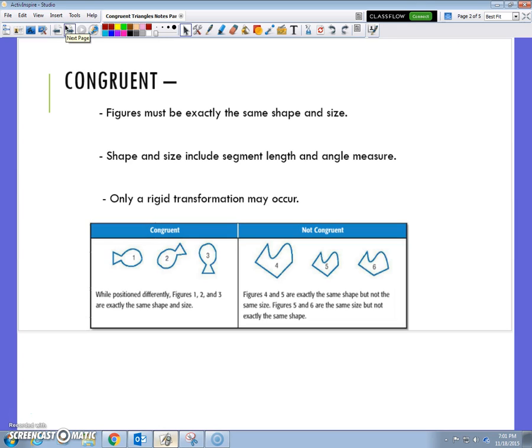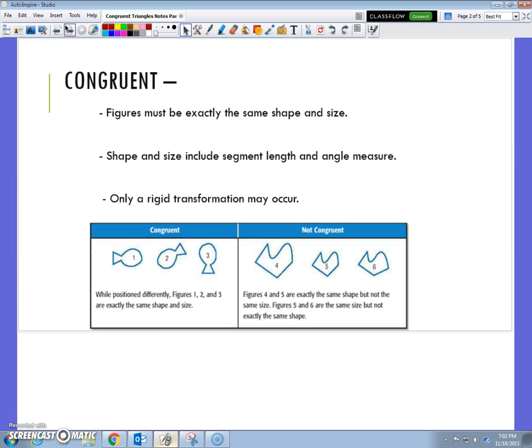To be congruent, figures must have the exact same size and shape, or shape and size. And what I mean by shape and size is they need to have the exact same segment lengths and angle measures. Okay, only rigid transformations. If you remember, we talked about rigid transformations towards the beginning of the year. Rigid transformations are things that don't stretch or compress the shape or the polygon in this case. So a reflection is okay, a translation is okay,